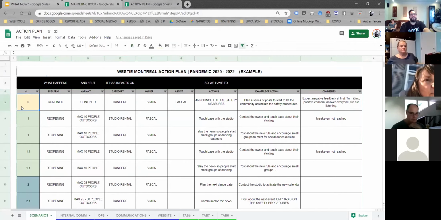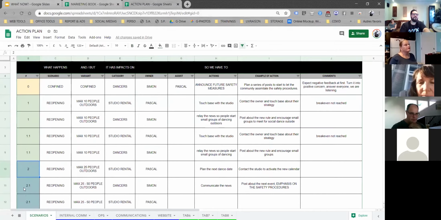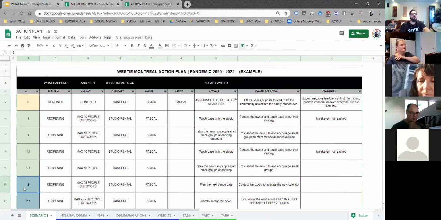Basically, you want to note your scenarios. We have scenario 0, scenario 1, scenario 2, scenario 3, and so on. We want to name the scenario, understand the variant, and note the category that it will influence. And then it's just basic management. Who owns the project? Who's going to assist? What are the actions, examples of actions that we'll have to take, and comments about what's happening. The first part of this is based on our